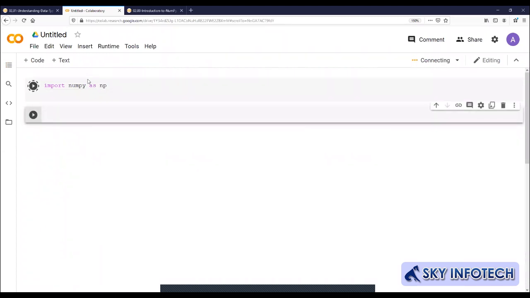Okay, this is how we declare the library. Now I want to declare a NumPy array. Then we would be writing n1 is equal to np dot array, bracket.